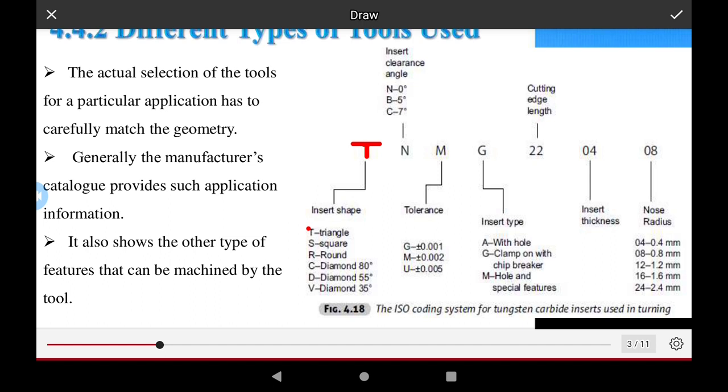Square form is set for the command S, and round for the manufacturing required for the round shape of the machine's work performed. The command given is R, and the diamond required for the triangle is diamond 80 degree, given for the command C, and diamond required for the